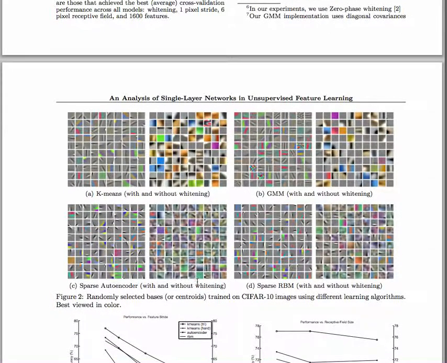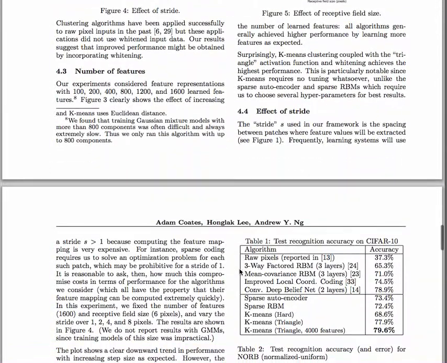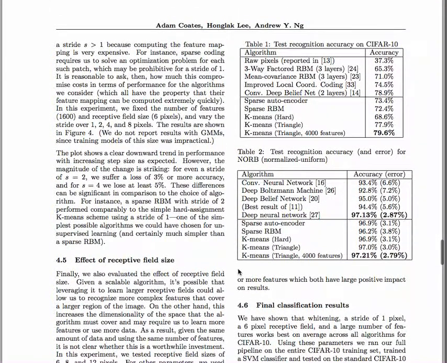What Adam Coates found is that he compared the different encoding techniques, autoencoders and unsupervised learning. And this is what he got with the k-means, with and without whitening, and with other techniques like sparse autoencoders and sparse restricted Boltzmann machines and so forth. What he found that was quite interesting was that when he used k-means with a single layer on a CIFAR 10 dataset, which is a quite hard dataset, he found out that basically he could beat the state of the art at the time,